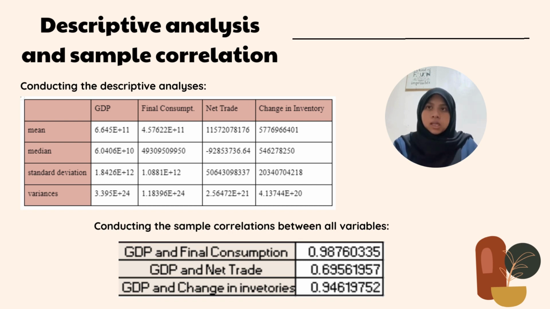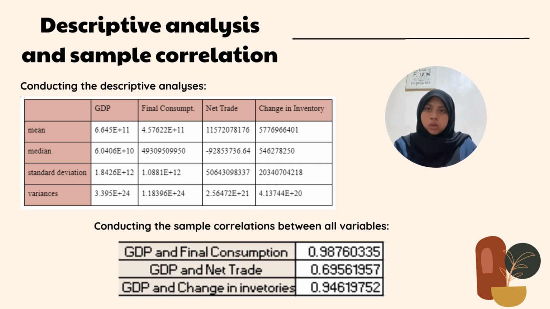The positive linear relationship between these two variables indicates a direct relationship, which is a positive sign, suggesting that as GDP increases, the final consumption also tends to increase and vice versa. Meanwhile, the sample correlation between GDP and net trade shows that the correlation coefficient is moderately high, suggesting a moderately strong positive linear relationship between GDP and net trade. It indicates that these two variables have a positive sign, indicating that there is a tendency for GDP and net